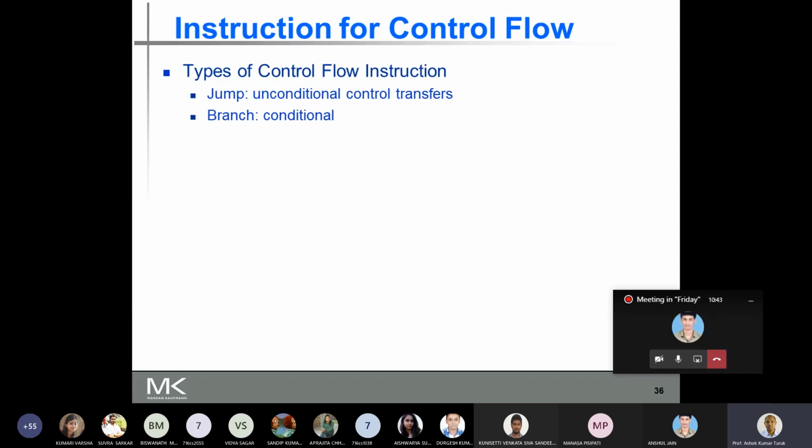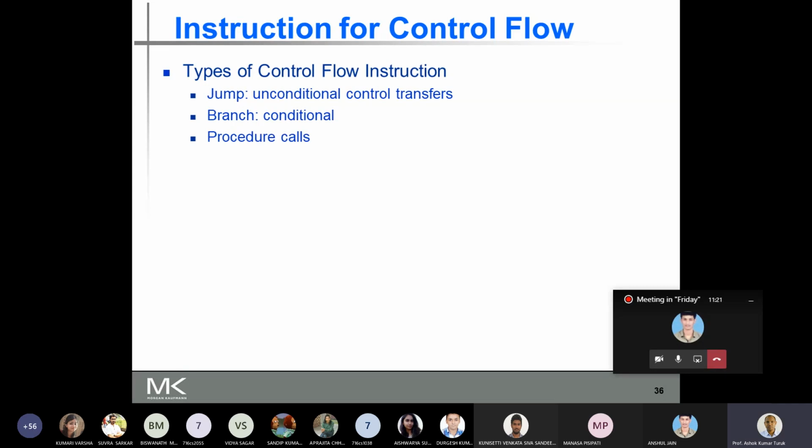Next are the conditional branches. Here you test a condition, and depending on the condition, the control is transferred. It can be branch if zero, branch not equal to, branch equal to. So there are many conditional branch instructions. The branching takes place only when the condition is satisfied. Look at the jump case: you know the target address where to go, but in the case of a conditional branch, you don't know the target address. The target address also has to be found out.